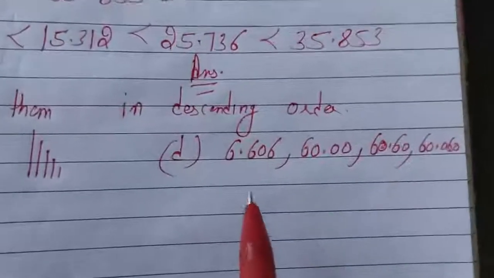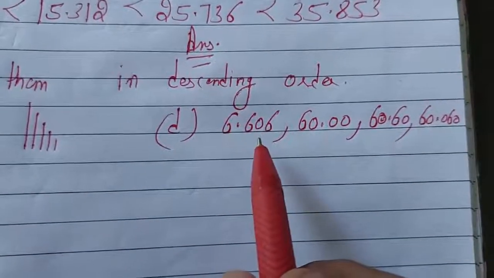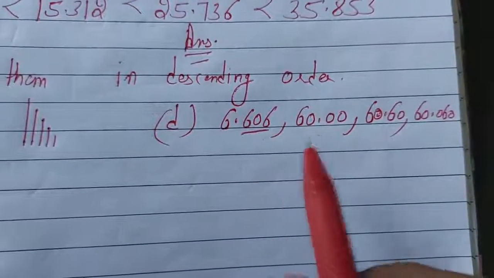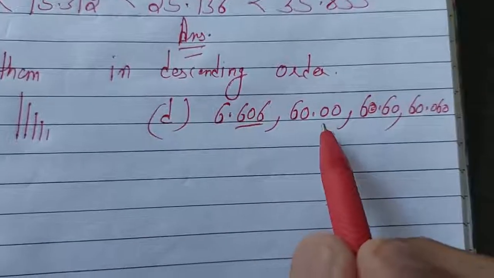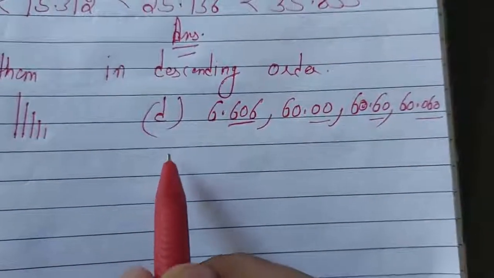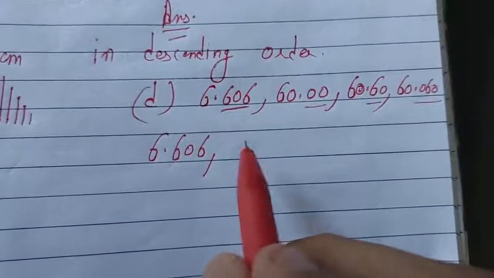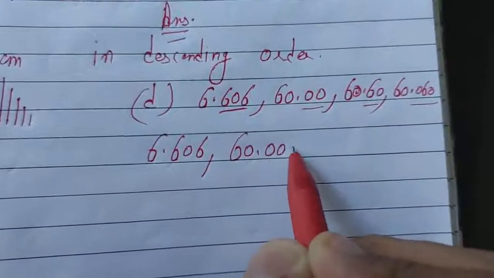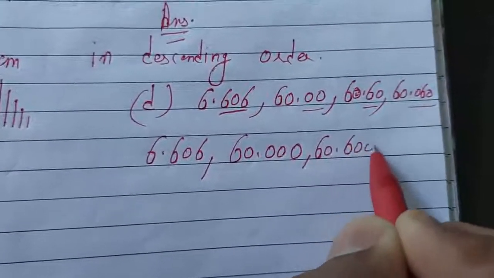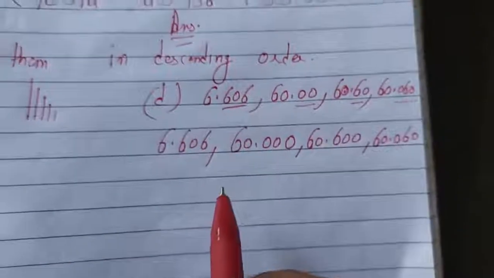So what is there? You just check whether they are like decimals or unlike decimals. 60.6, that means 3 digits after the decimal, 2 digits after the decimal, 2 digits, no, they are unlike. First convert them to like. So 3 digits, we will not change it. Here 2 digits are there, you will have to place 1 zero. Here also 2 digits, place 1 zero. And here already 3 digits, no need to change anything.